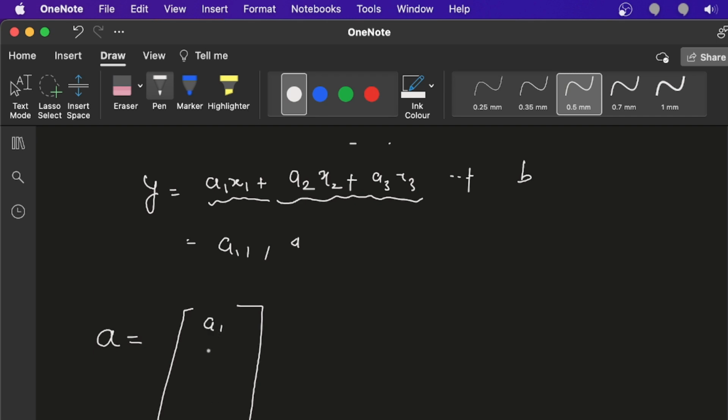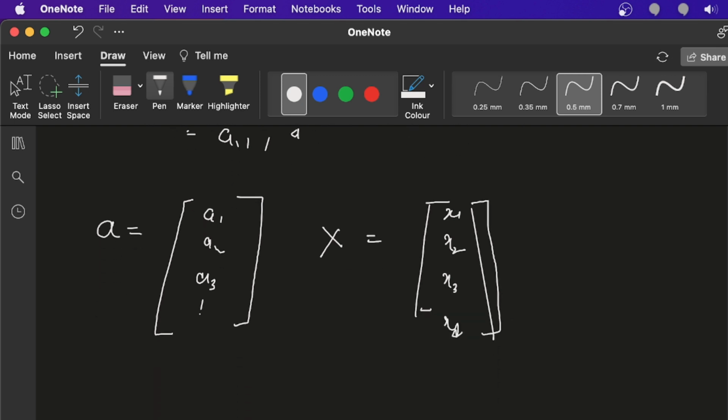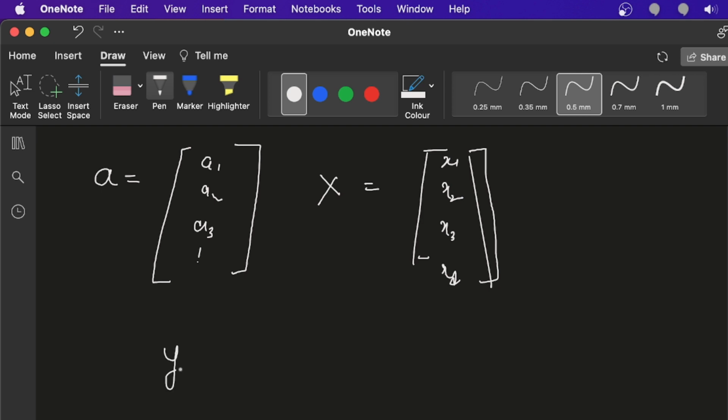Where a is a1, a2, a3 and so on, and x is x1, x2, x3, x4. Okay, and your y is a times x plus b, vector. And here you want to multiply, but this is a vector and this is a vector,